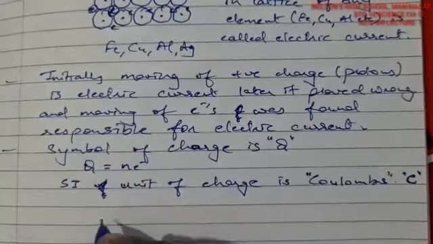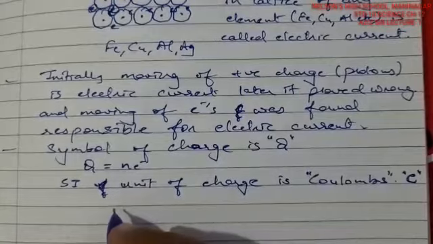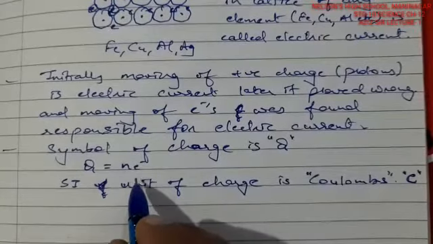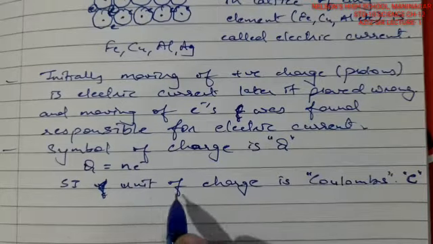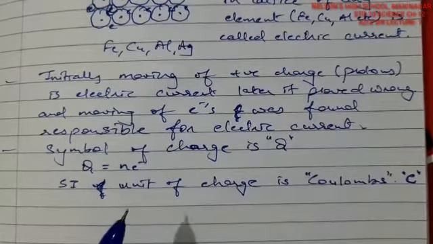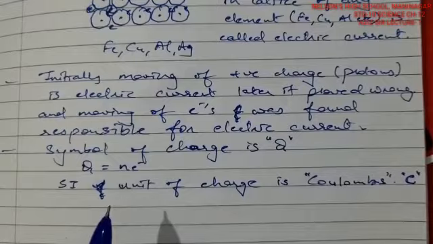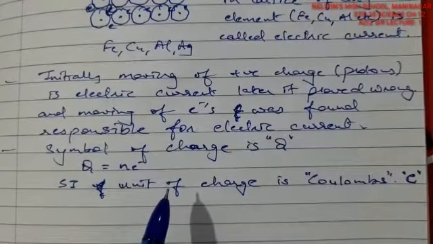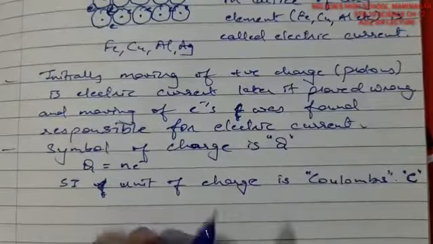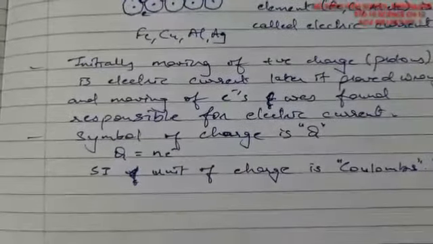So we count whatever the value of n is. If I take n as 50 and the charge of 1 electron as 1.6 into 10 raised to minus 19, then multiplying by that gives you the total charge present. I hope you understand what charge is. Now, how many electrons are present in 1 coulomb?